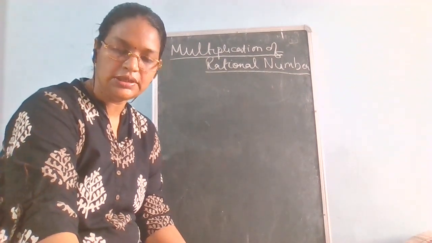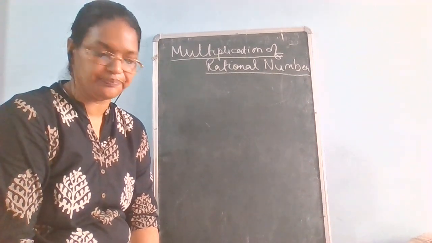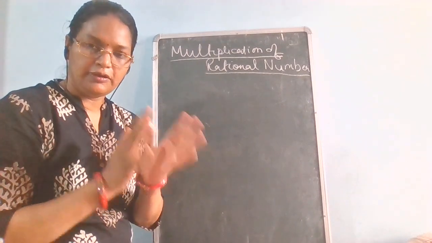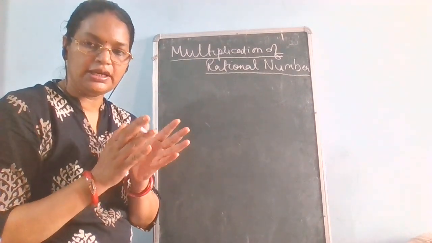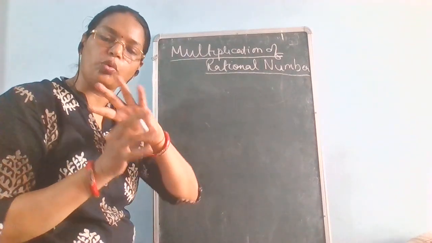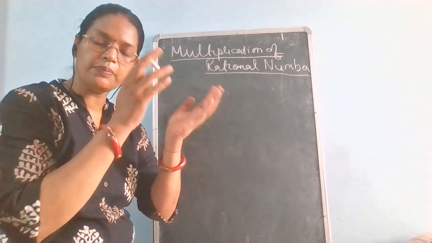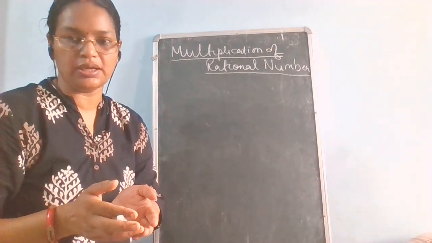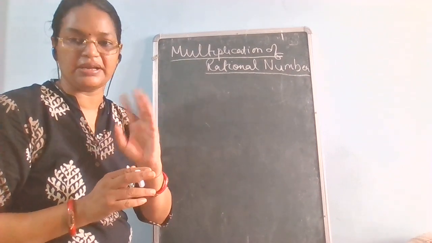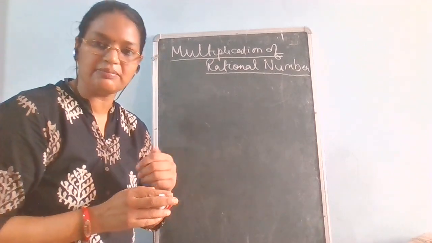Good morning, children. Today we will start the topic multiplication of rational numbers. In multiplication of rational numbers, when we are reading rational numbers, we know that we have done fractions only. So whatever fraction properties are there, the whole property we will be applying over here. Only the difference is that in fractions we are multiplying whole numbers, and in rational numbers we are multiplying